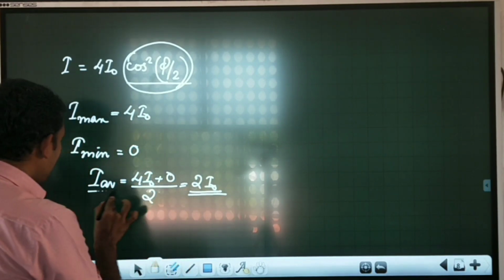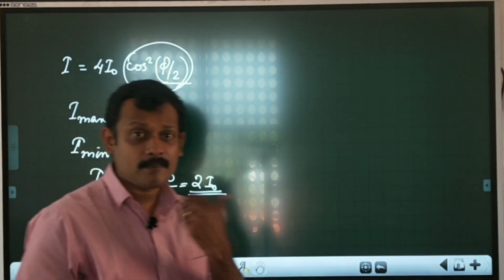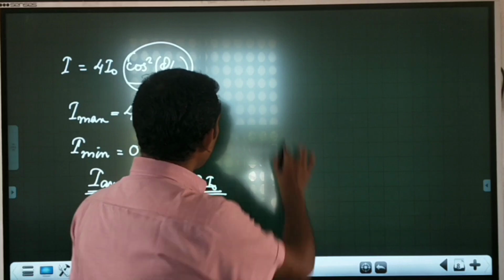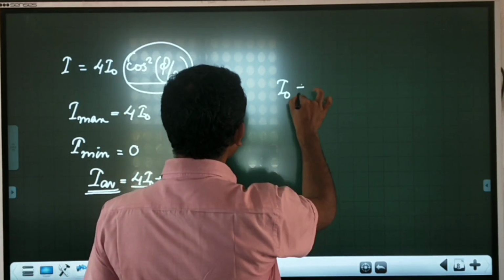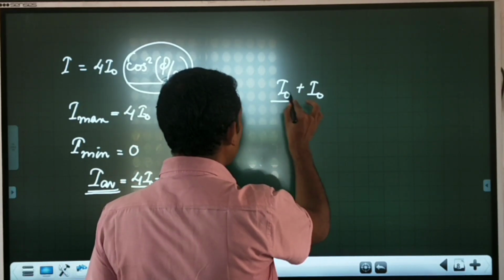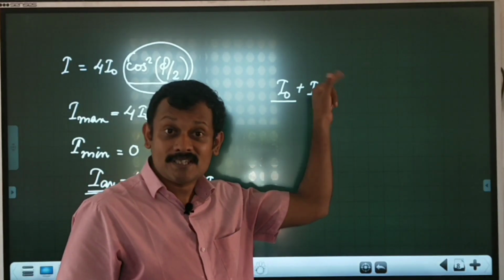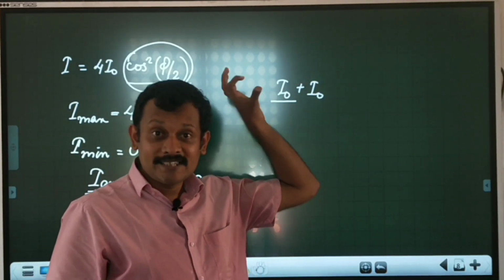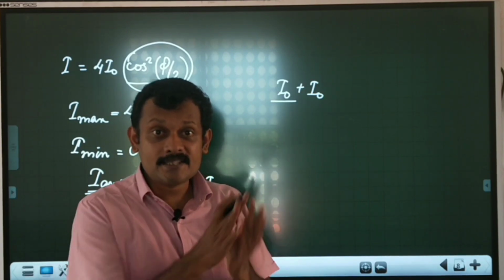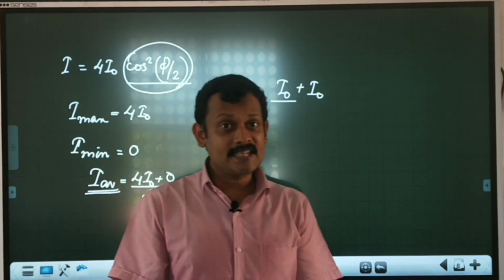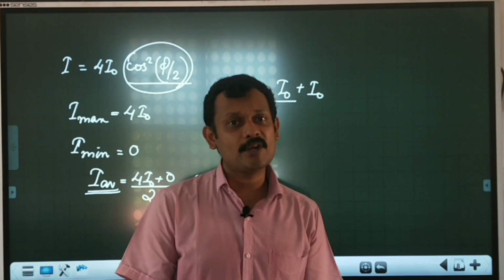So the average intensity still remains a constant, 2I0, that is I0 plus I0. I0 is the intensity of the first source, the second I0 is the intensity of the second source. That means the total intensity is still conserved. Intensity means energy per unit area per unit time. That means